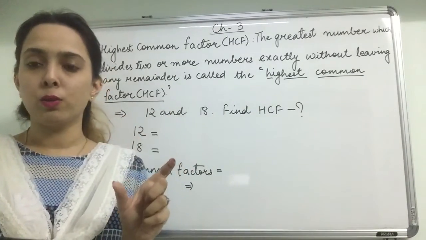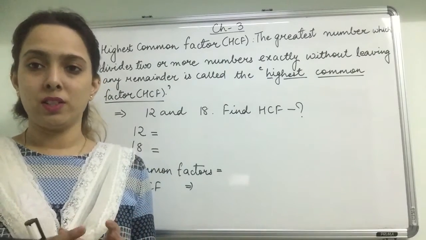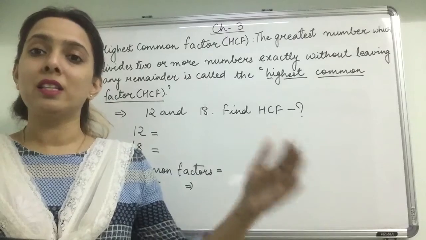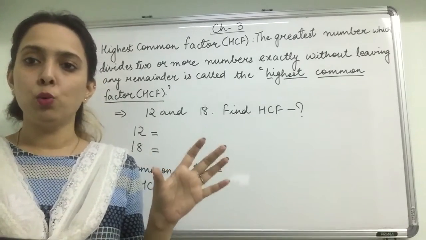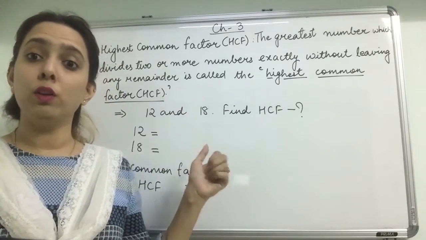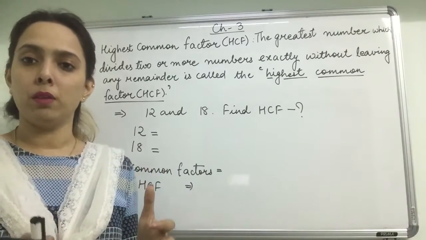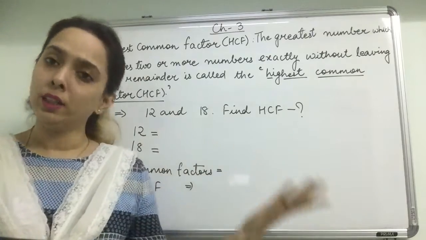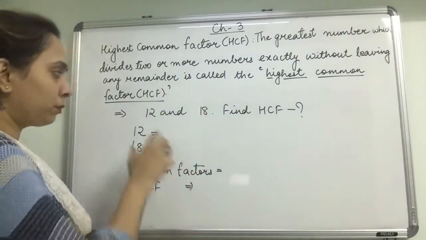In the question, students, the method will be mentioned to you. Suppose in the question, it is written, find out the HCF using the method listing the factors. So somewhere it must be written in the question, using the listing factors method. So you will follow this method. We can apply the listing the factors method on 2 numbers and 3 numbers also. So I will explain both the types.